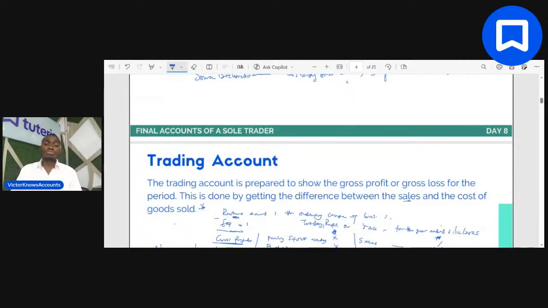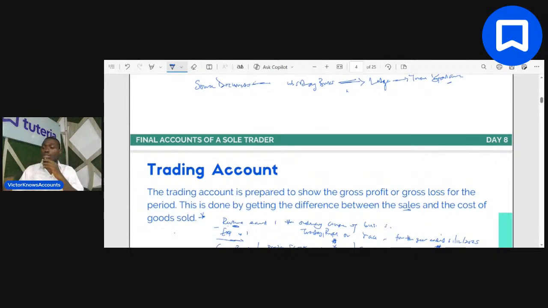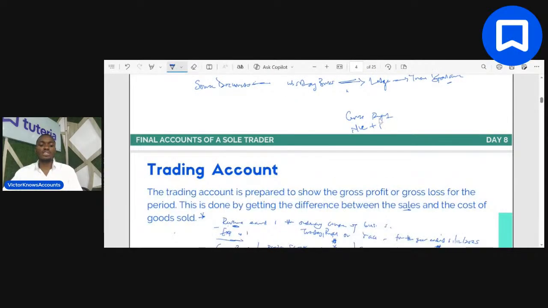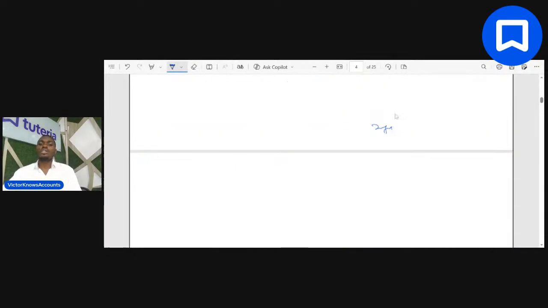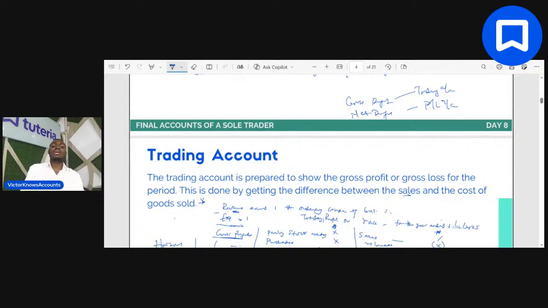Now the trading account, don't forget, when you prepare your statement of profit or loss, you have two sections. One section to calculate your gross profit, and the other section where you calculate something called your net profit. It is inside the trading account that the gross profit is calculated, and inside the P&L account that the net profit is calculated. Do we understand that? Are we together? All right. So your trading account is the final account prepared to show the gross profit or gross loss for